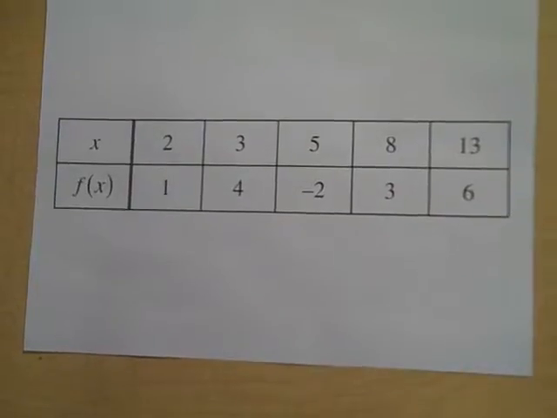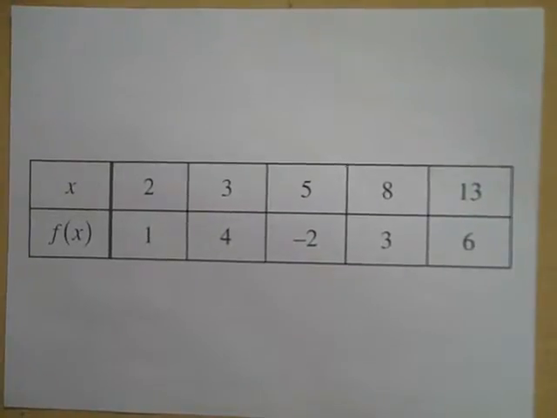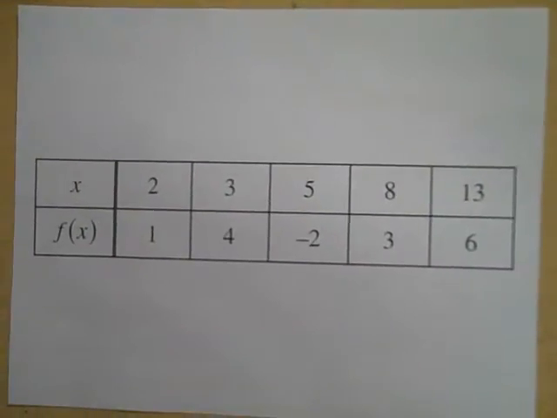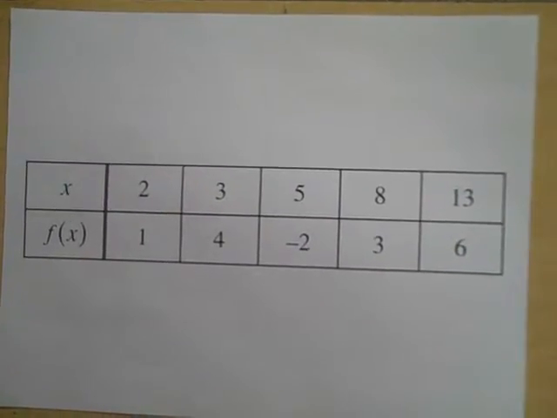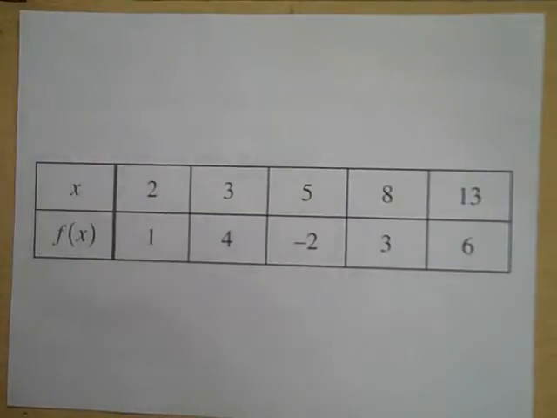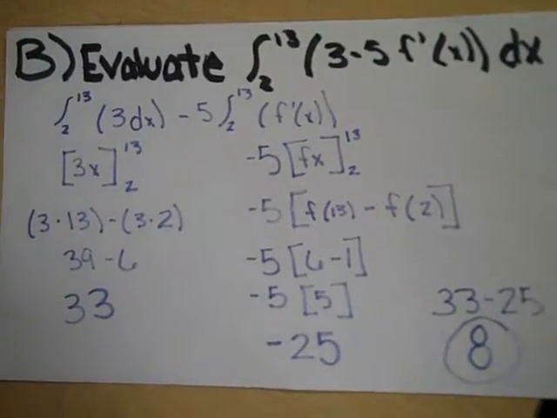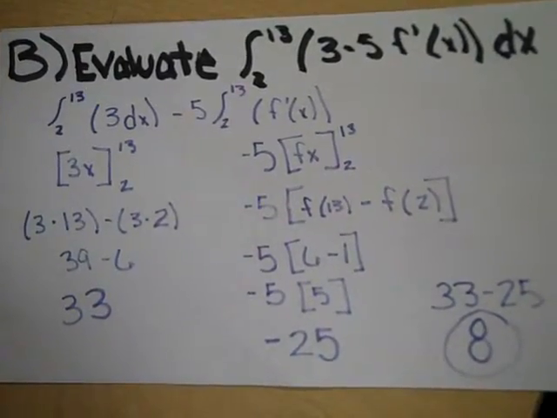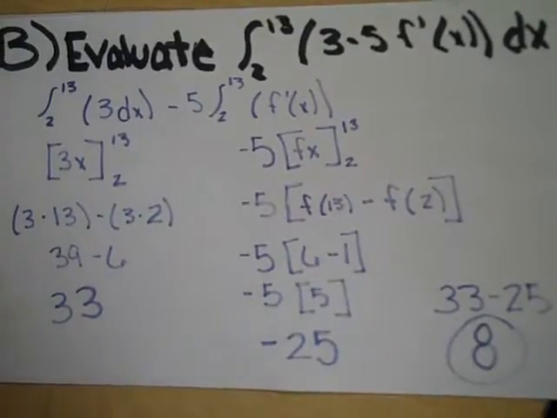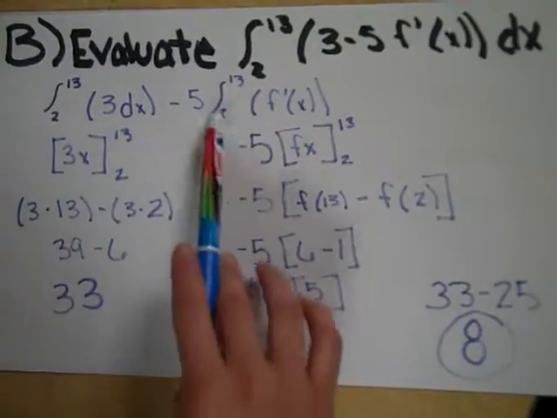Let f be the function that is twice differentiable for all real numbers. The table above gives values of f for selected points in the closed interval 2 less than or equal to x less than or equal to 13. In number B, you have to evaluate the integral from 2 to 13 of 3 minus 5 f prime of x dx. You have to rewrite the function as the integral from 2 to 13 of 3 dx